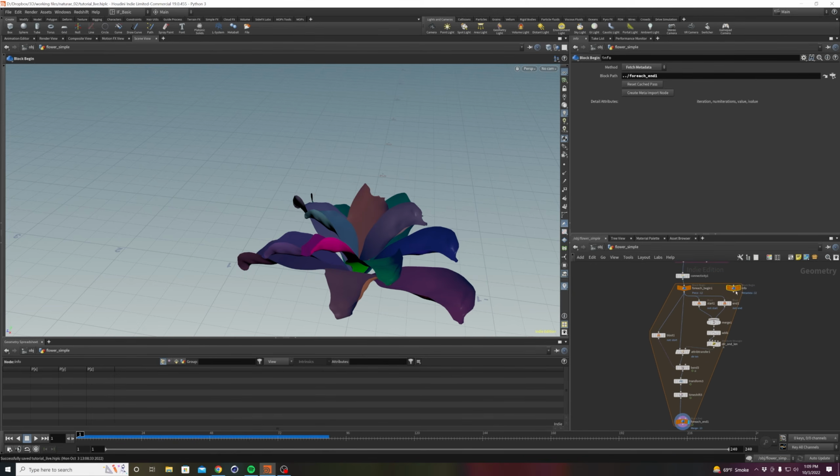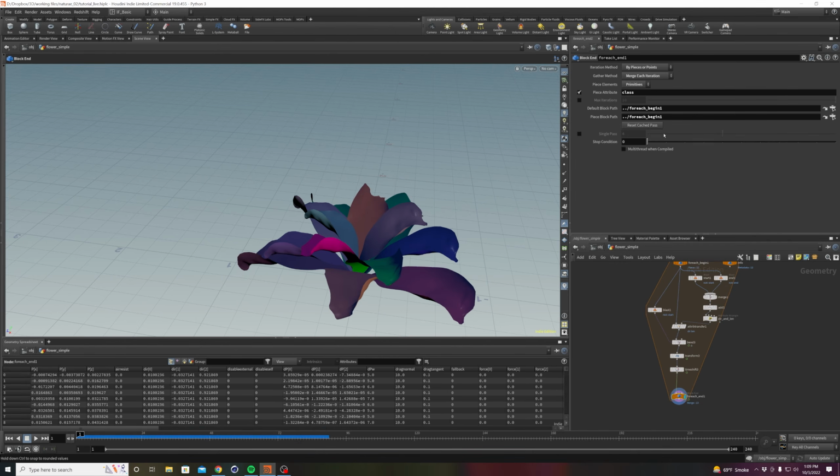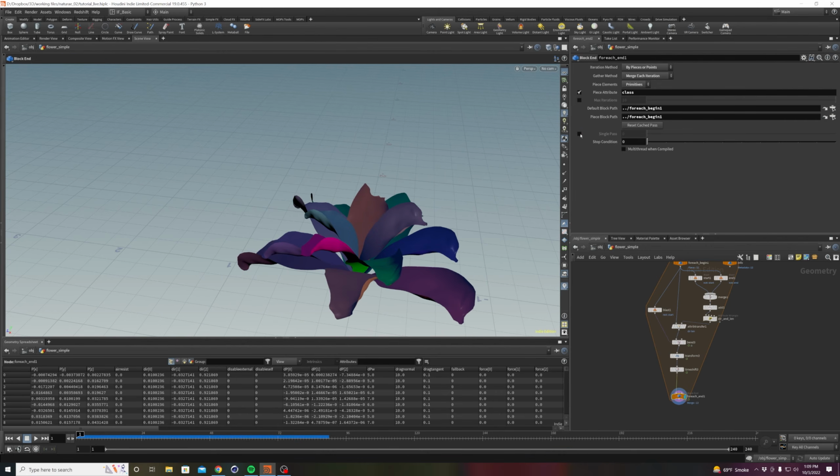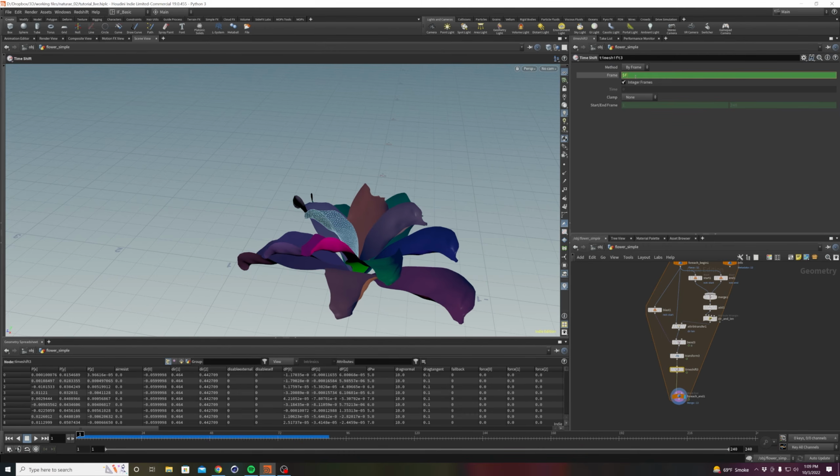And if I hover over this, the detail attribute that comes with it that I'm looking for is iteration. So basically, there are 13 iterations, 13 pieces here. And I want to offset the time of each of them by the piece number. So the way I'm going to do that is I'm going to go $F